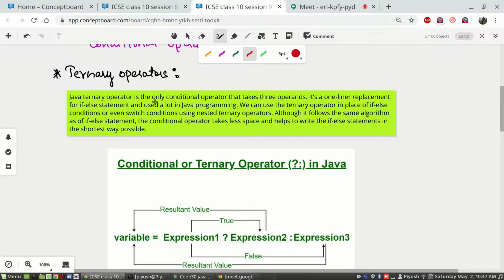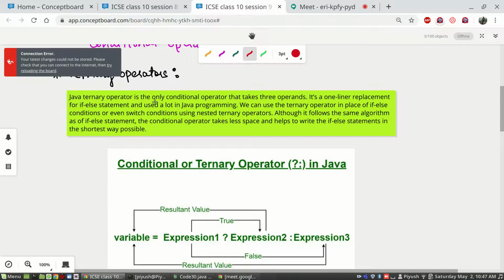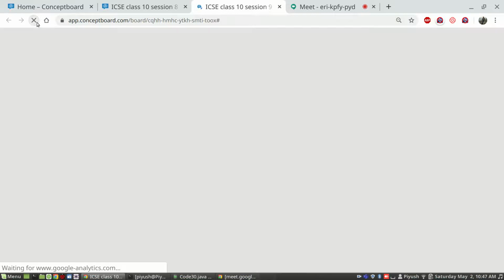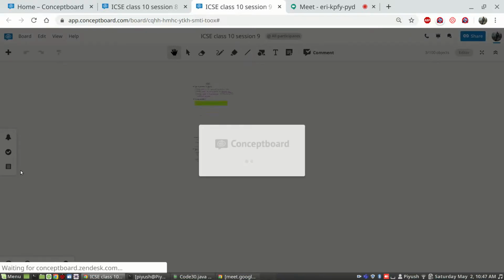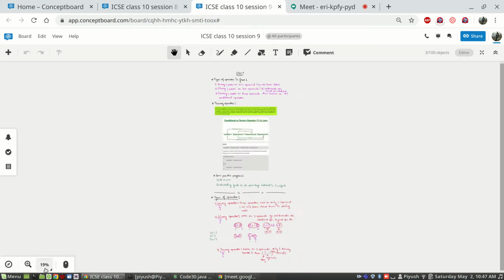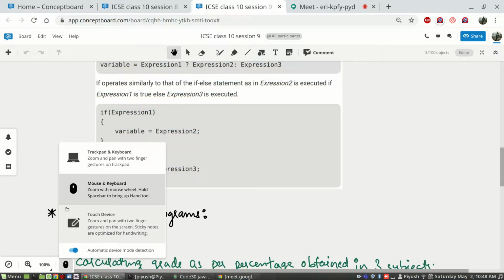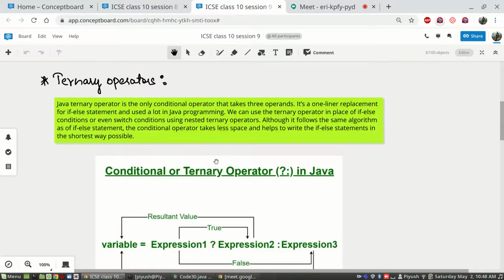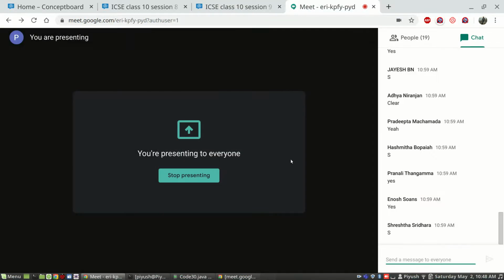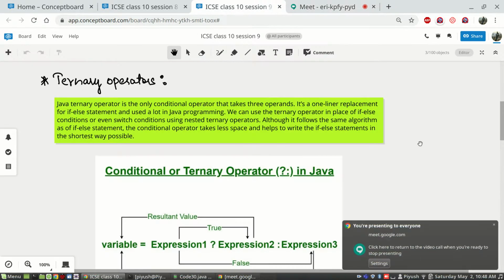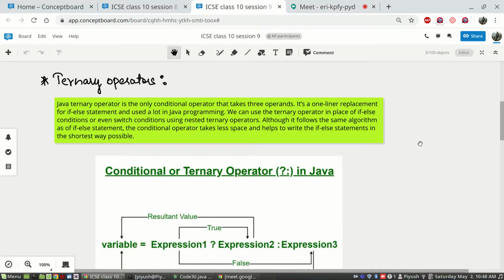So the Java ternary operator is the only conditional operator that takes three operands. See, the ternary operator is also known as the conditional operator because it is sort of a replacement for the if else structure.